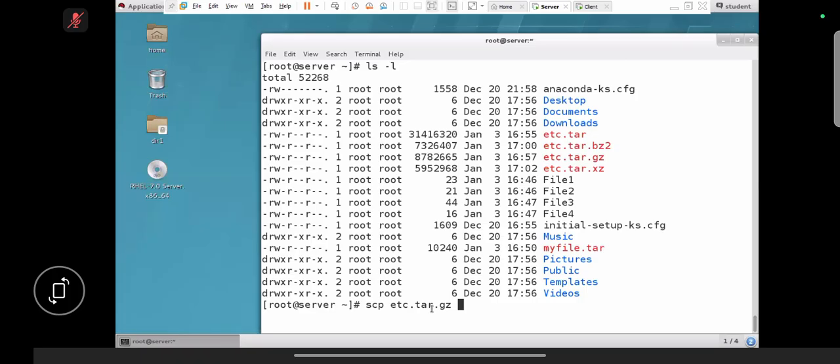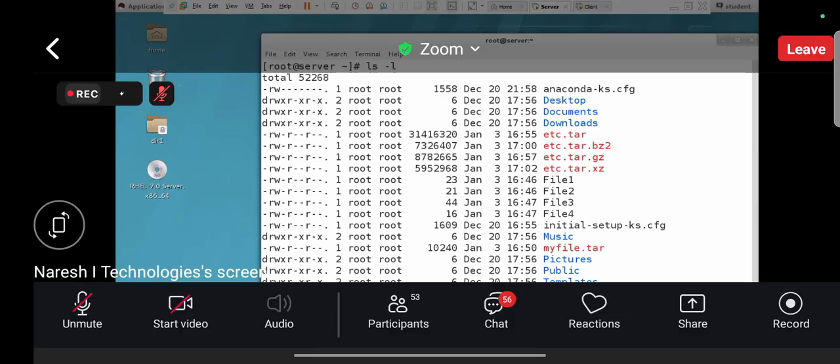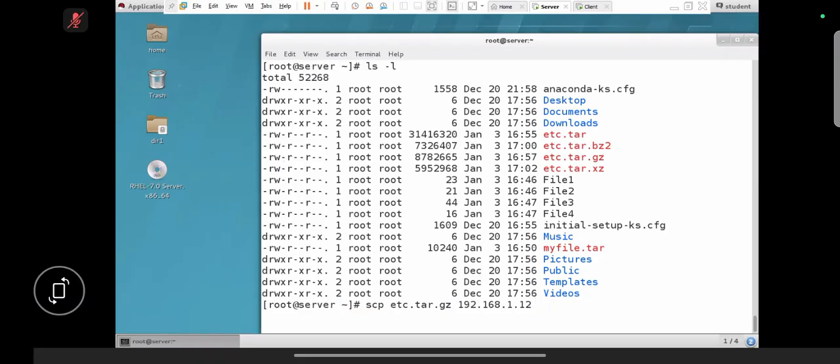I'm trying to transfer those files from server to client. So what is the client machine's IP address or host name, client.example.com or 192.160.1.12, colon slash, inside the root backup directory. Simple, guys. SCP